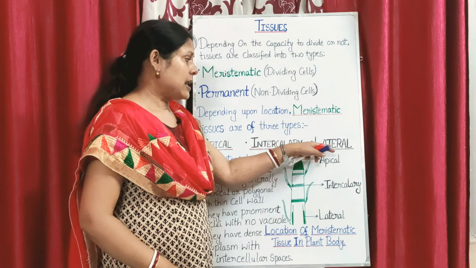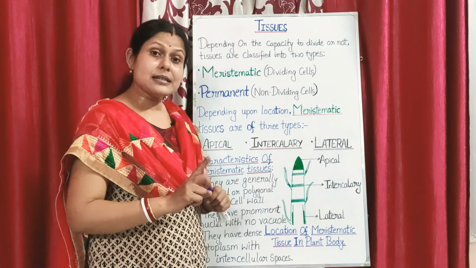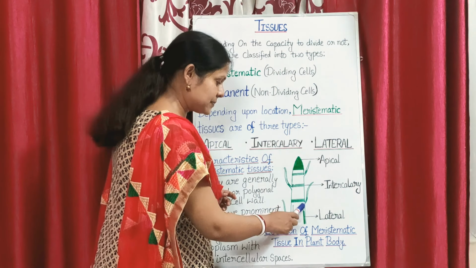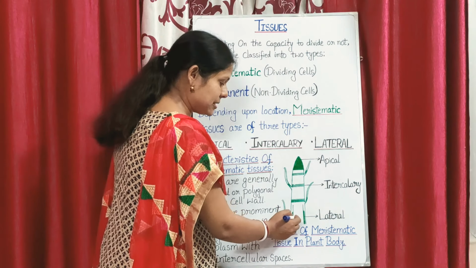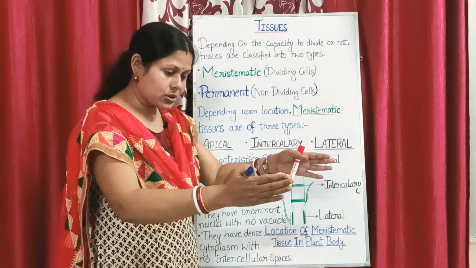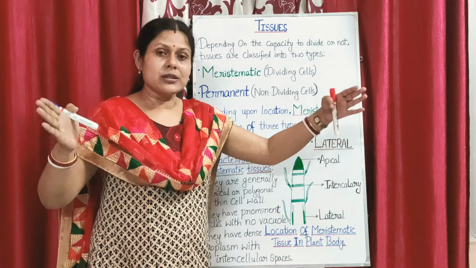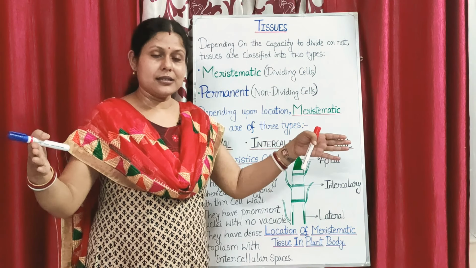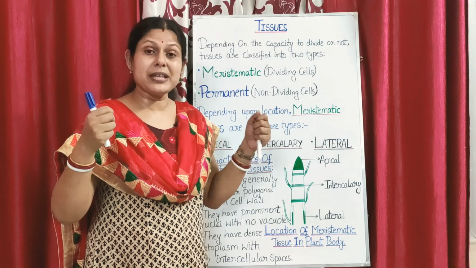Okay. Last one is the lateral meristematic tissue. Now this lateral meristematic tissue, when is it active? During the time of secondary growth of the plant, and it is present on the inner side of the main stem of the plant. This lateral meristem will add cells, and now the diameter of the trunk will keep on increasing, and the plant will become thicker, and the trunk will become thicker, and that will make the plant sturdy. It will make the plant strong.